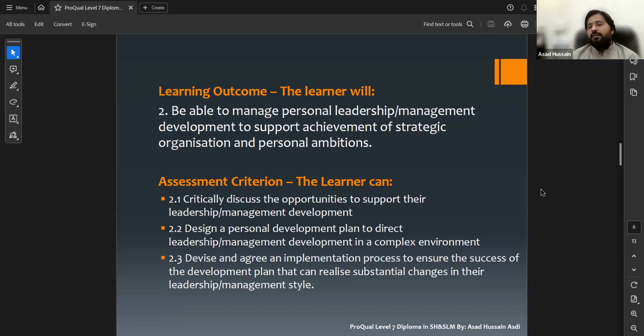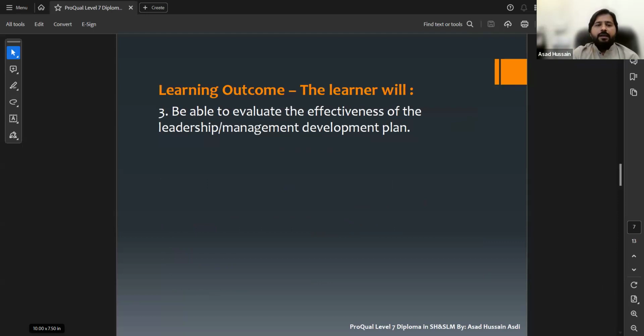So this is our learning outcome 2 we have completed here. Now moving forward to learning outcome 3. Learning outcome 3 is: be able to evaluate the effectiveness of the leadership management development plan.